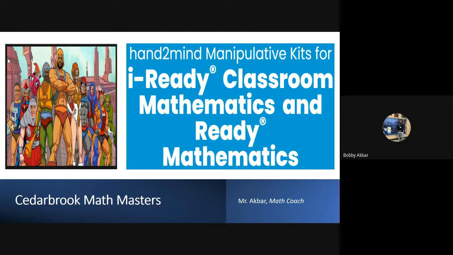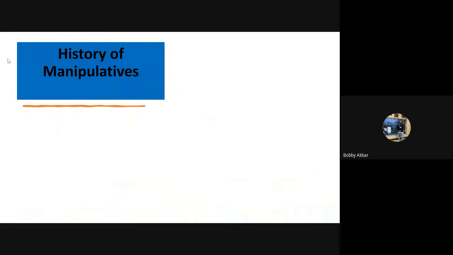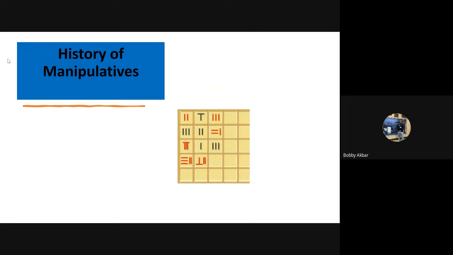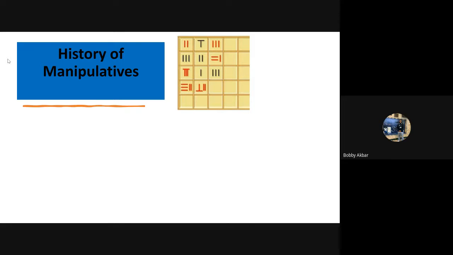But manipulatives go back many years. Since ancient times, really, people of many different civilizations have used physical objects to help them solve everyday math problems. For example, the ancient civilization of Southwest Asia used counting boards that look similar to this. They were wooden or clay trays covered with a thin layer of sand, and they would draw symbols in that sand, or they would use different items to represent tally marks, or even when it came to take an inventory